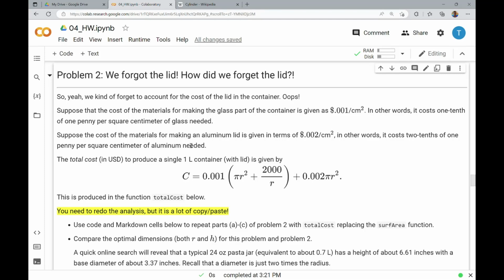Suppose the cost of the materials for making an aluminum lid is $0.002. So in other words, it costs 2/10 of 1 penny per square centimeter of aluminum needed. Why? I'm just going off the assumption that metal is a little bit more expensive than glass. I think that's a reasonable assumption. I'm going to assume that it's twice as expensive as glass per square centimeter,